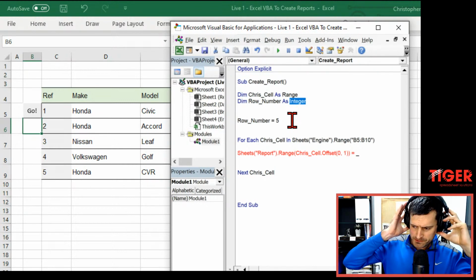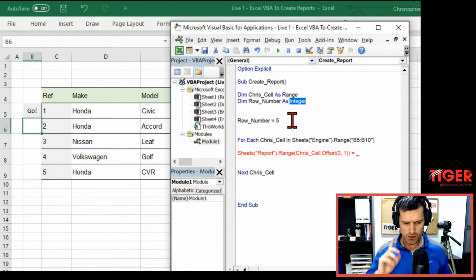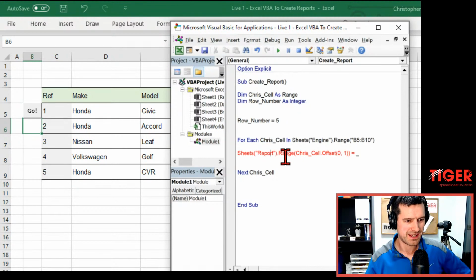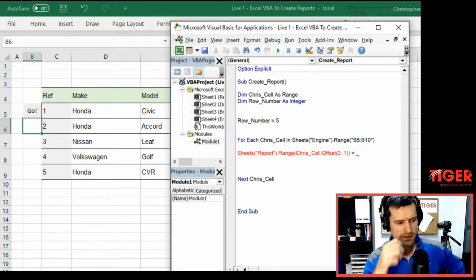Okay. Yeah. So, any responses to Paul there? Why should we not use a long variable? What's the argument against using a long variable there? So we're going to extend this line of code, and I've just put an underscore in there. That means we continue with the same line of code, and then we're going to say,